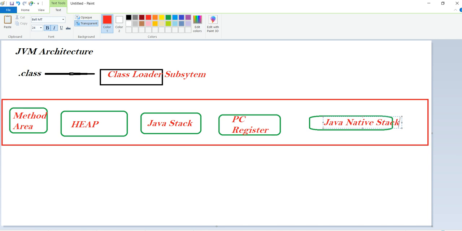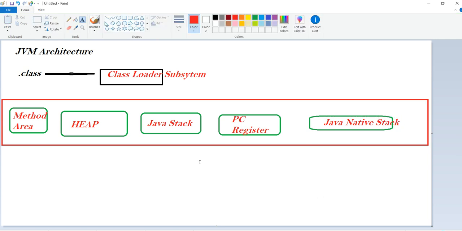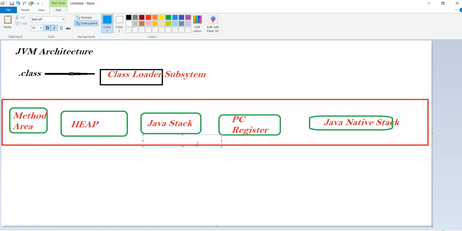This whole red box, all of this, we call the runtime data areas, because they are used while running.